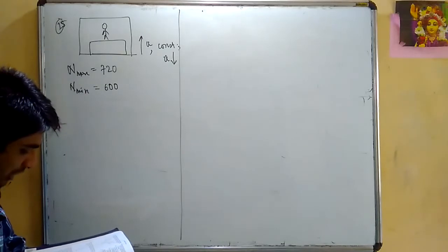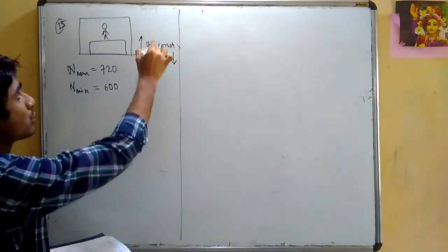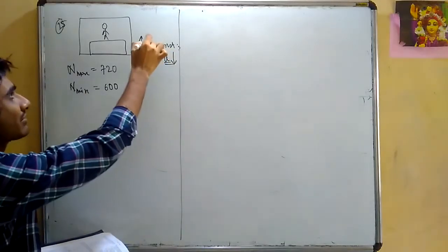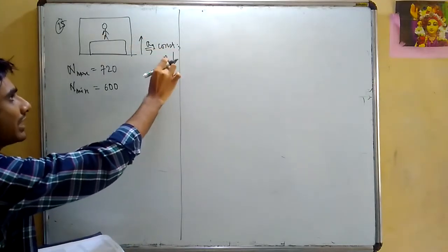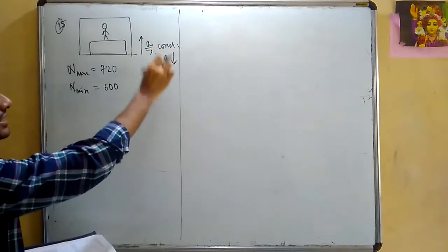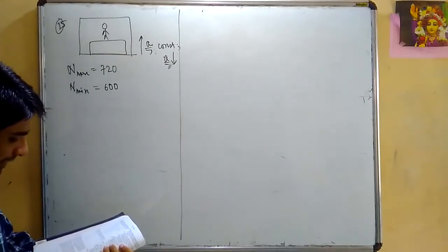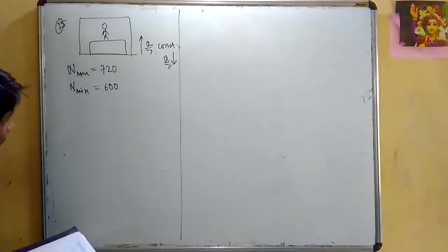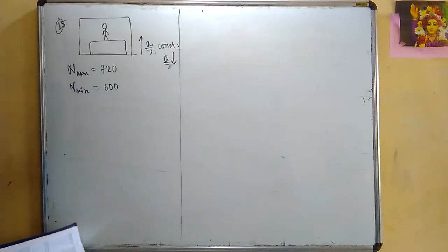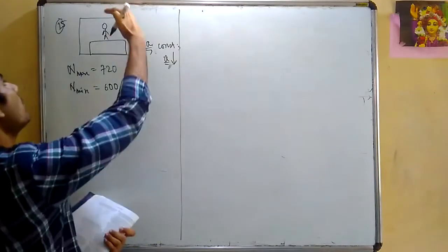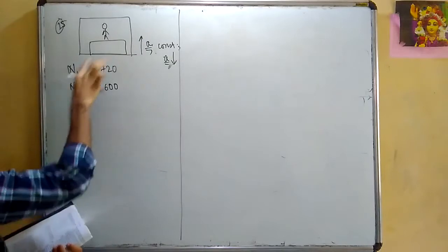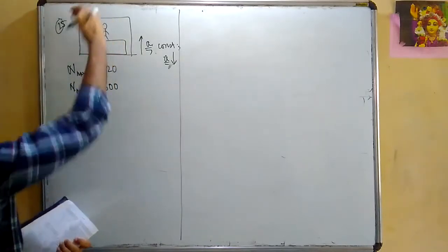So assuming that the magnitudes of acceleration and deceleration are the same, I have written A and A. Otherwise, if they were different, I would have written A1 and A2. In the question it is given, assuming acceleration and deceleration magnitudes are the same, find the true weight of the person and the magnitude of acceleration. Okay, I'm supposed to find the true weight. Now, one thing is pretty obvious, that when the lift is accelerating upward, the reading of normal will be more, because more normal will be felt on him.